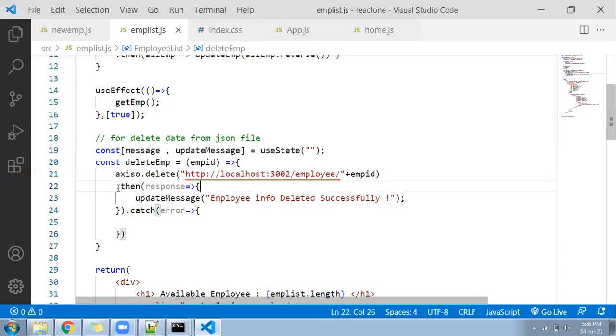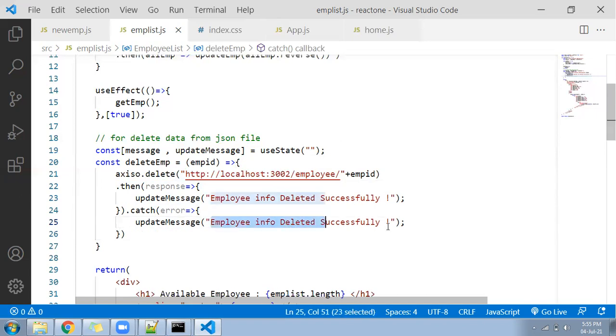So if it was success, then we updated employee info deleted successfully. If error, then right here, same thing, saying error, try again later.